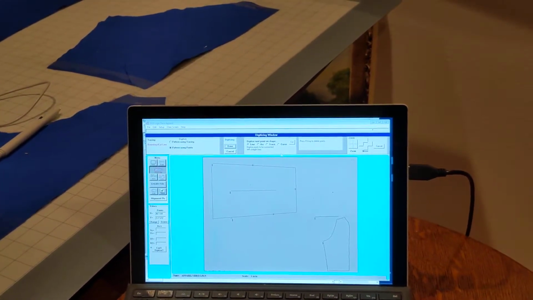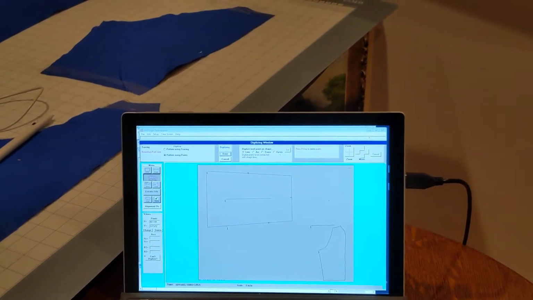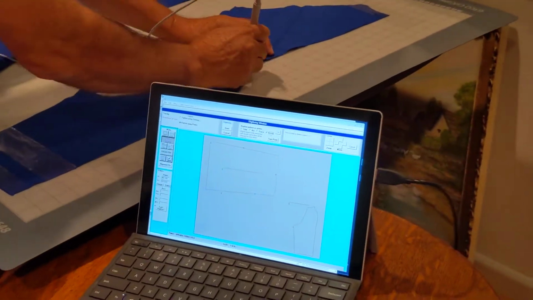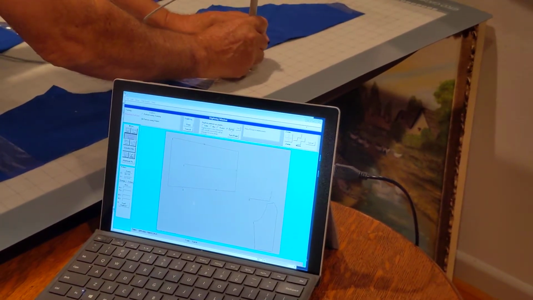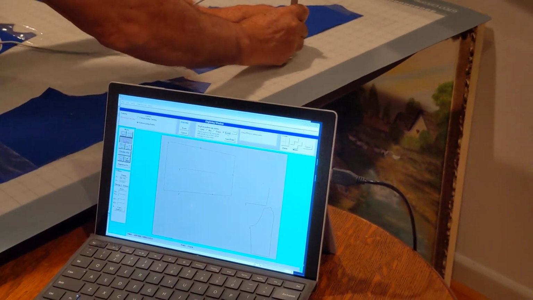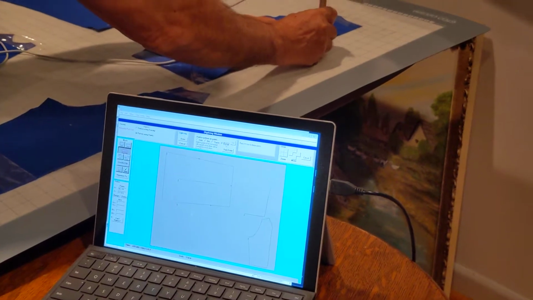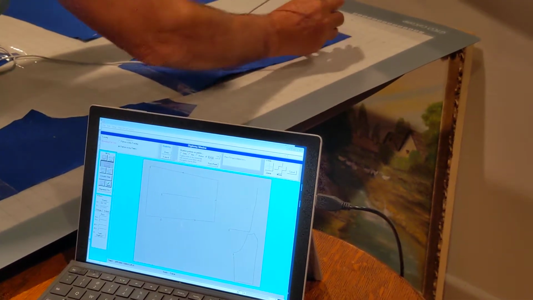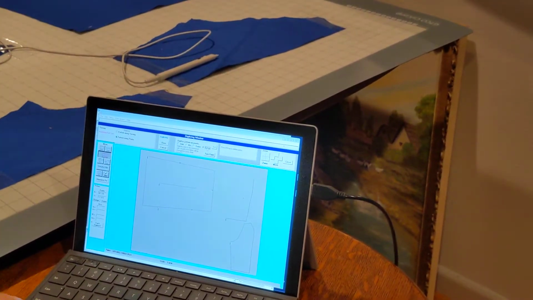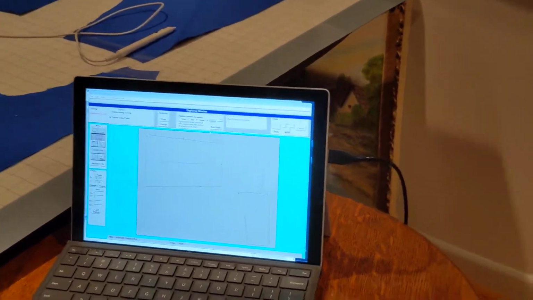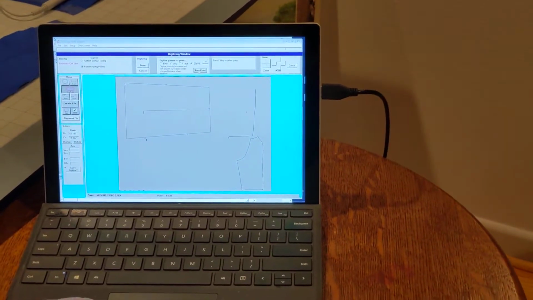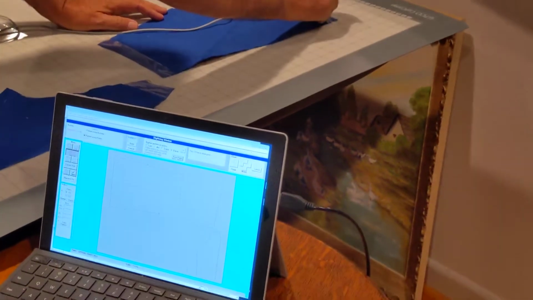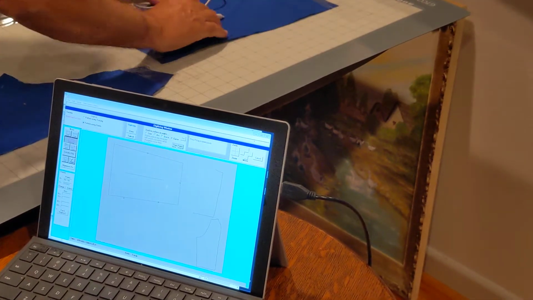Then I have a curve on this side, so I just tell the software I have a curve. And to digitize a curve, I just have to do points right along that curve, and it can be any shape, an S shape, an oval, circles, whatever curve it is, and it will automatically put a curve through those points. At the top here, I've got a turn point. I click turn point, then we go in and digitize a couple points at the top on that side,